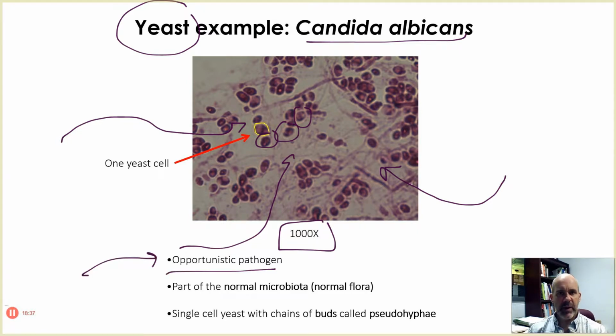This is another example of an opportunistic pathogen. So probably all of us have some Candida albicans yeast living in your mouth or other parts of the body along mucous membranes. But ordinarily, the population is kept under control, and the thing that keeps the population under control is that it has lots of other competitors, lots of bacteria, for example, that live in your mouth and along the same mucous membrane, so Candida doesn't have any opportunity to overgrow. But if you have weakened immunity, or